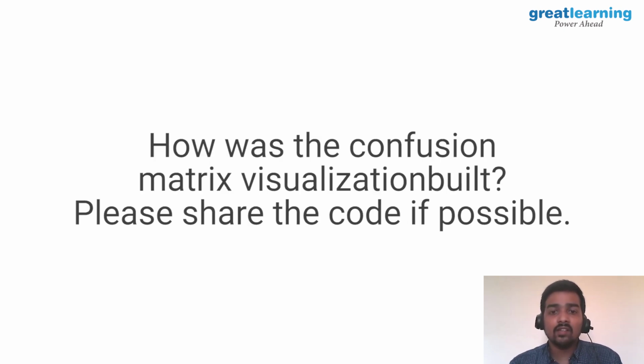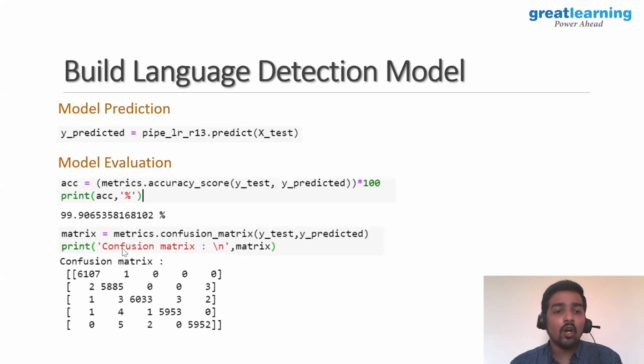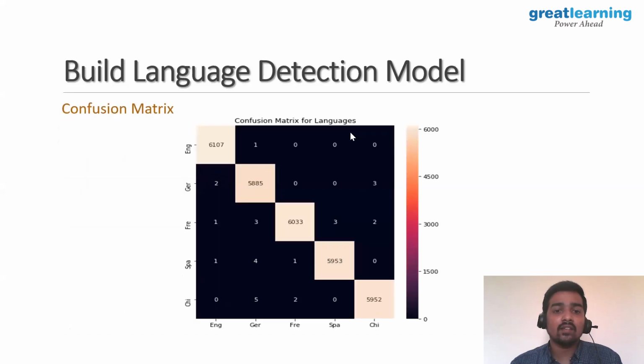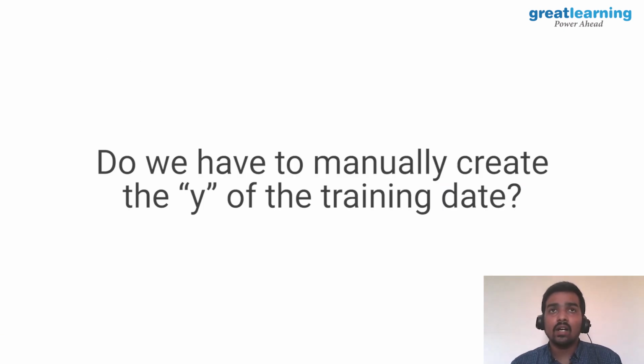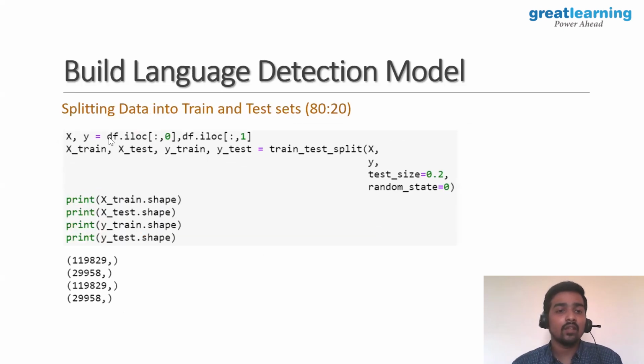The code for this initial confusion matrix is already there. If you want to plot the same confusion matrix in this visual format, you can use the seaborn (SNS) package, which is available in Kaggle. Since we have clubbed both X and Y, you can see a step here that I created manually. In this data frame, I have used the iloc function to take all the rows, with the first column as X, and the last column, which determines whether it's English or German and is our label, as Y. This is assigned manually here.